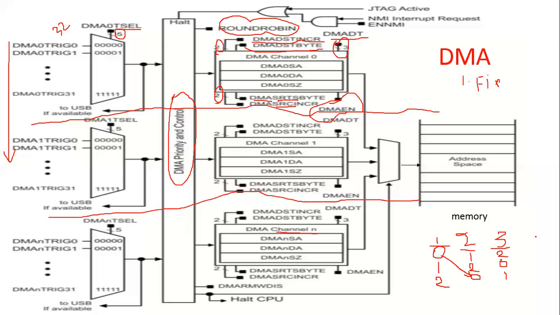Okay, so that is the DMA operation. These operations can also be stopped. That means they will be stopped by using an NMI request or JTAG activities. Okay, so this is a simple diagram. Same cut and paste: whatever operation is available for channel 0, the same thing applies for channel 1 as well as channel N. Okay, then we'll go to the next one.